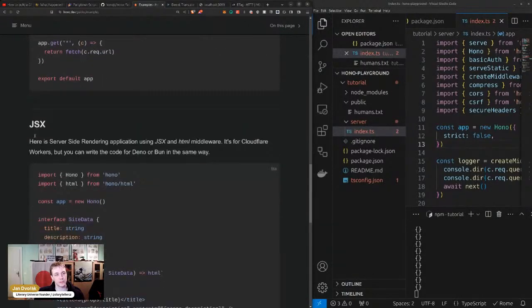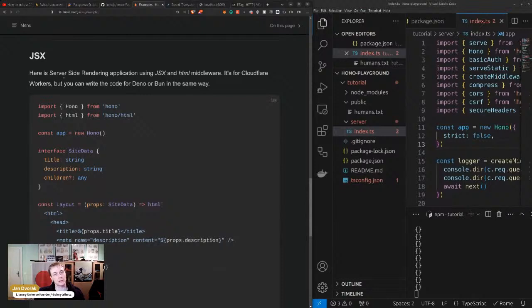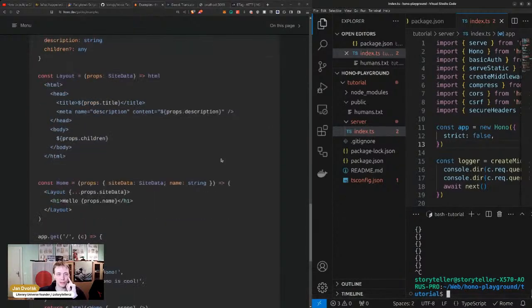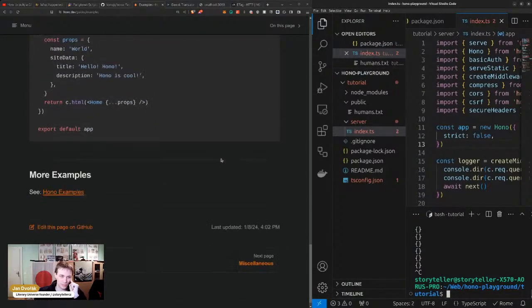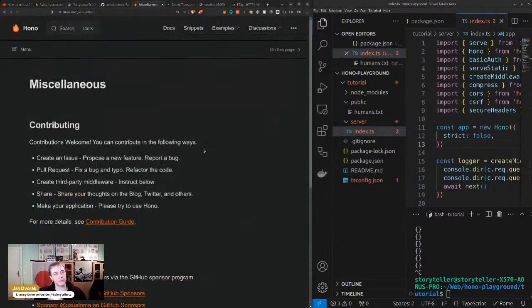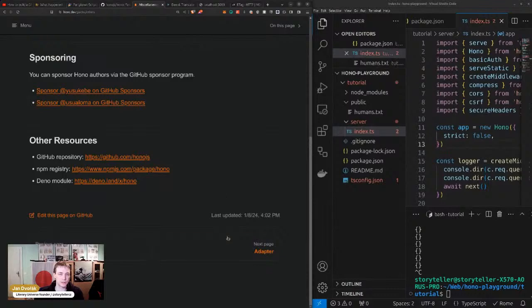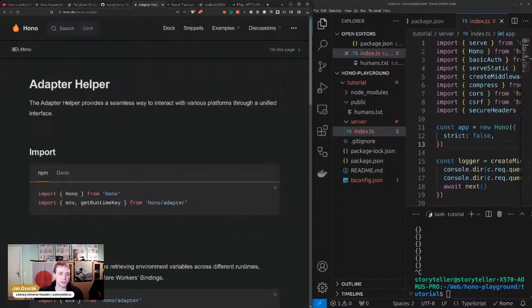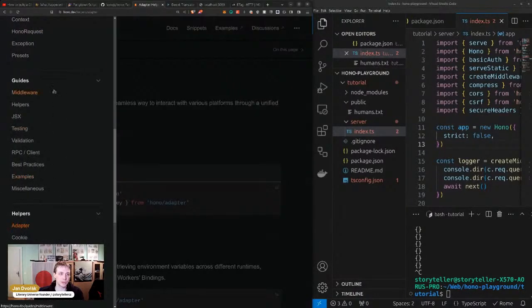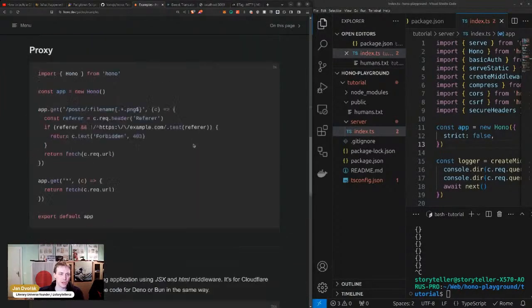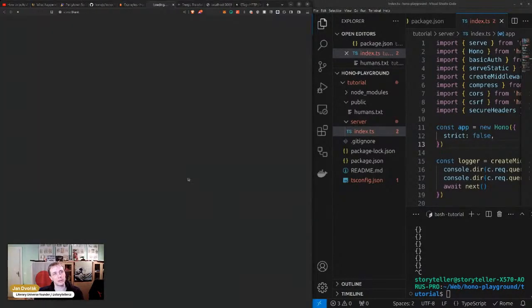JSX. Server-side rendering application using JSX and HTML middleware. It's for Cloudflare Workers, but you can write the code for Deno and Bun in the same way. What I would like to try to do is go to miscellaneous, contribution, sponsoring, and then we are at helpers. So go to the examples and see if we can get